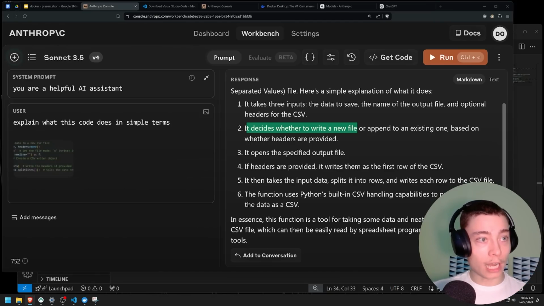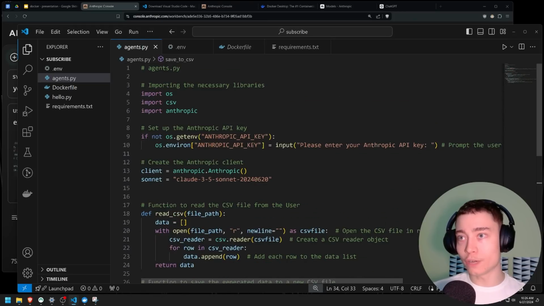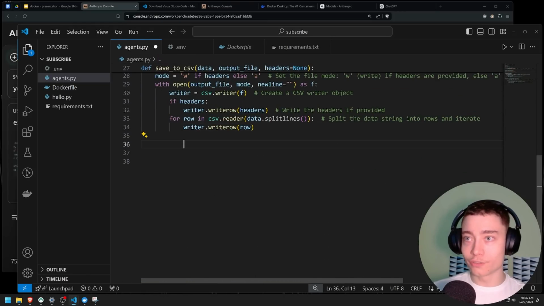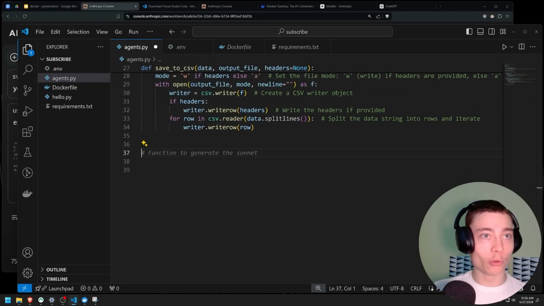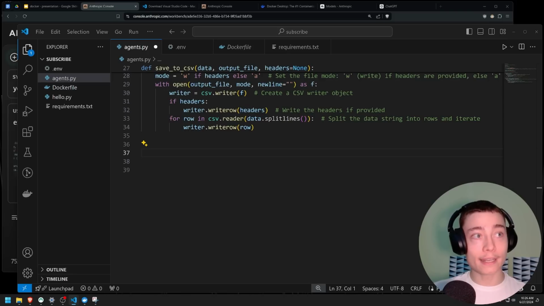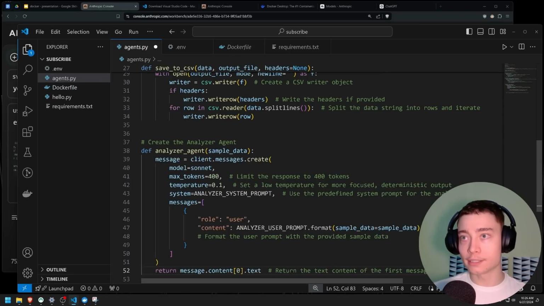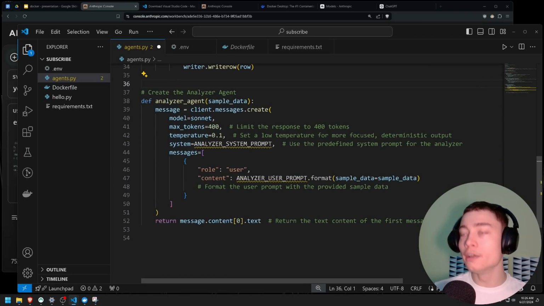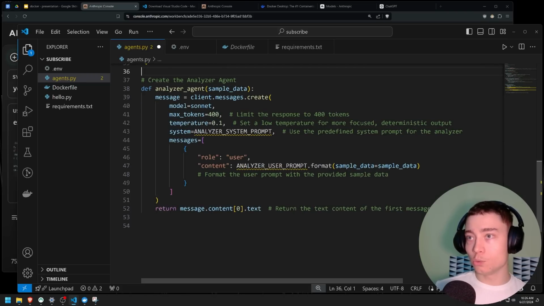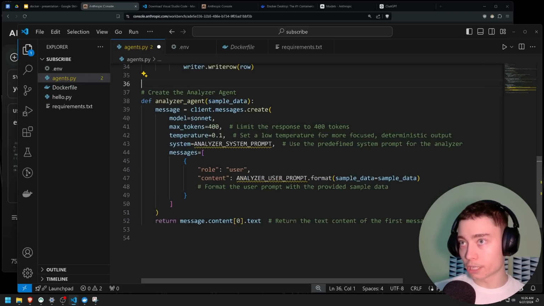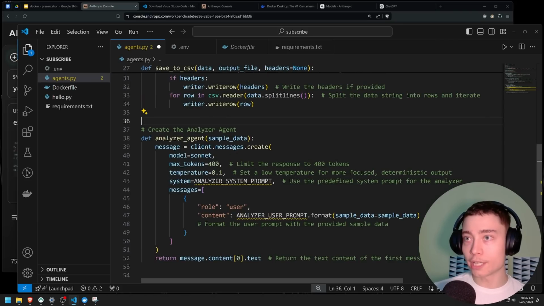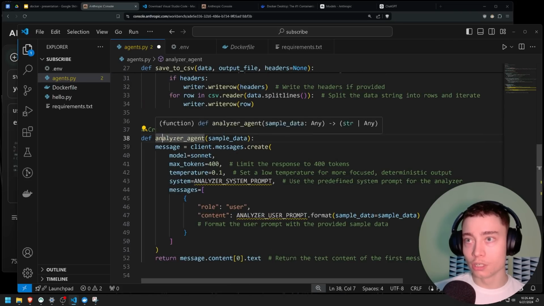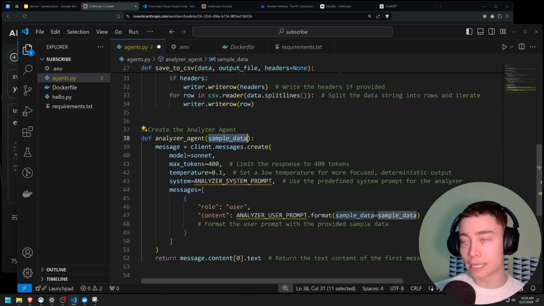Okay, so now let's get to building agents. We have the 2 functions for the CSV, but the best part is obviously building AI agents. So first, I'm going to do an analyzer agent, which is going to analyze the data we give it to gather insights and learn the formatting. As you can see, we have some underlined stuff, so we'll take care of that when we get to it. So, create an analyzer agent. And again, this is a simple def, meaning we define a function named analyzer agent, which takes the sample data as